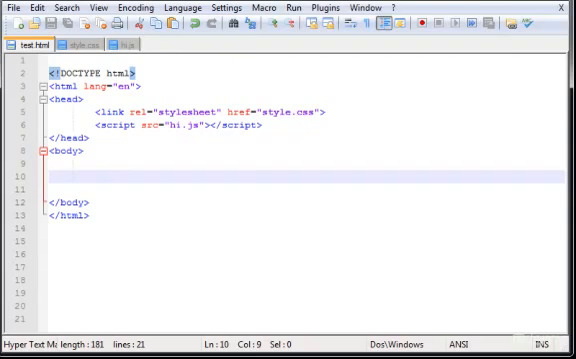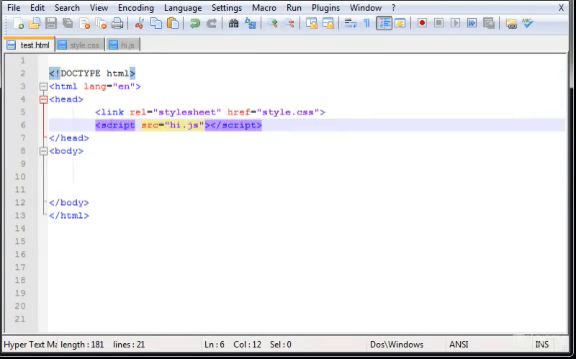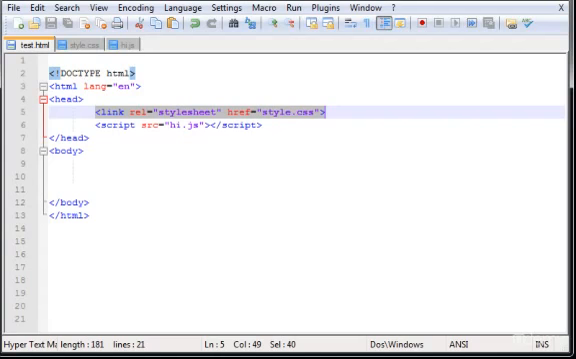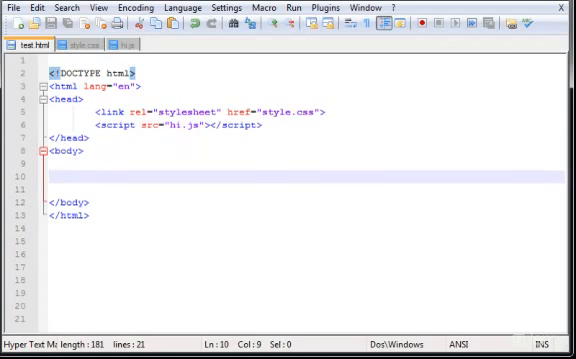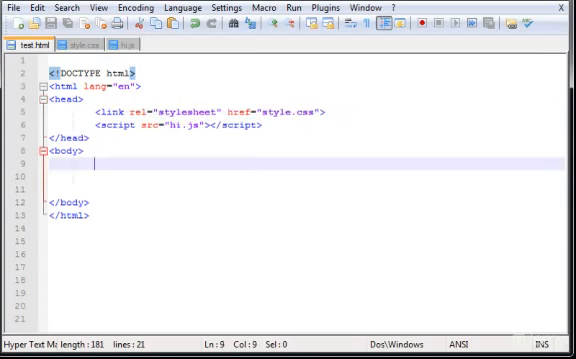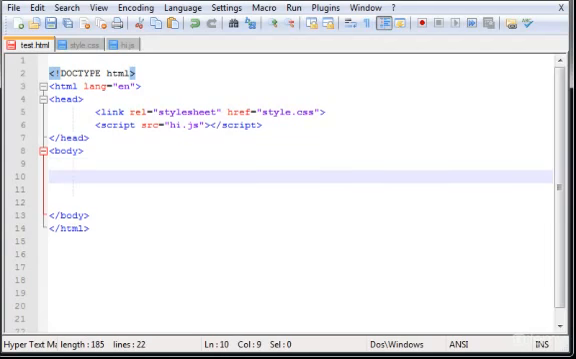The first thing I want you guys to do is you can create the code I have here and link to the style.css file, and also link to hi.js file. I call it hi, you can call it whatever you want. So this means that we will use some JavaScript, and we will also style our page. The first thing I want you guys to do is create a form